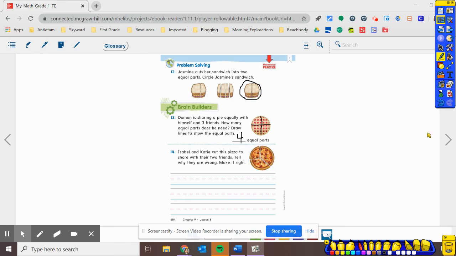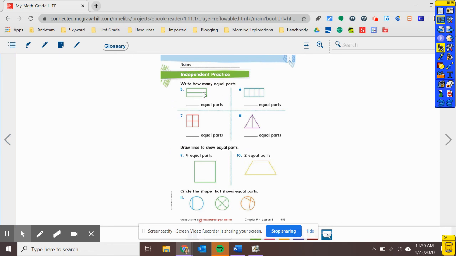All right, let's go back. We're going to look at our independent work. So for 5, 6, 7, and 8, you're going to tell me how many equal parts those shapes are divided into. For numbers 9 and 10, you are going to draw the equal parts. So for 9, you need 4 equal parts. And for 10, you need 2 equal parts. And for number 11, you're going to circle the shape that shows equal parts. And then you're going to take a picture of this page and you're going to submit it into the My Work